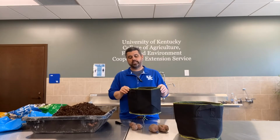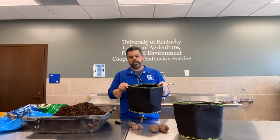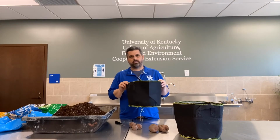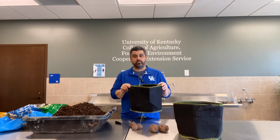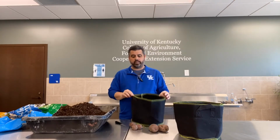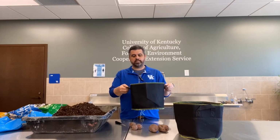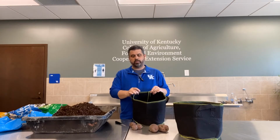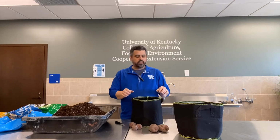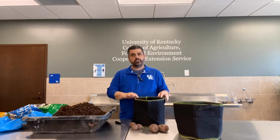or even vegetables in. Some people may not like the look of these, but they are nice, especially for growing vegetables, because they're really cheap and you can get more than one season out of them. Usually maybe 3 to 5, depending on what they're made out of. But these are pretty thick. These actually even have little handles on them, so if you need to move your plants, you can move your plants this way. And also these are hemmed, which will help them last a little bit longer and keep the edges from folding down. Today I wanted to talk about growing potatoes in a container or in a bag, because